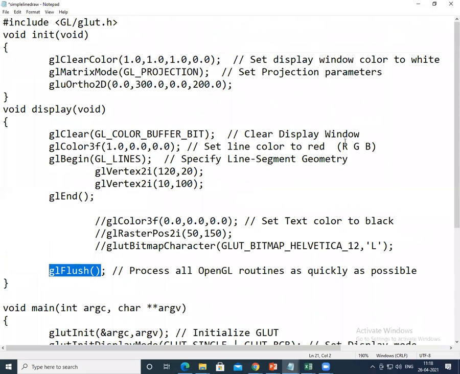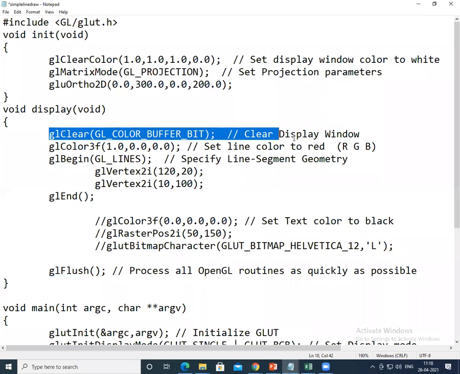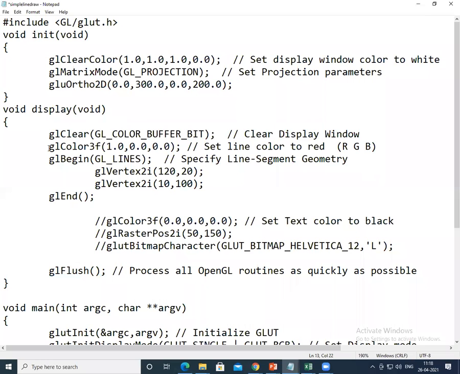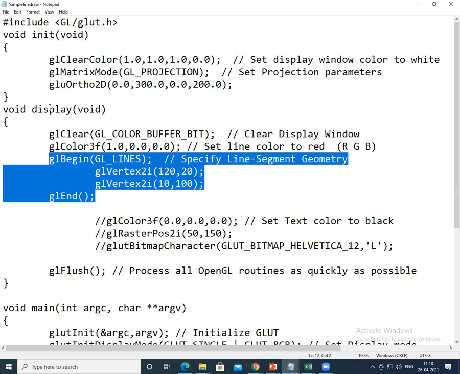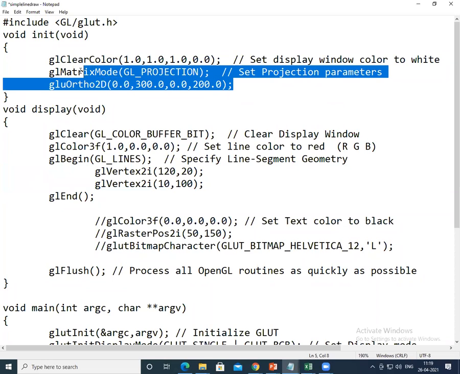You need to clear the display window immediately once you start the display function. Set the color. glBegin and glEnd always fall within the display function, and the init function consists of setting the display window, that is clear, which color the window has to use, and setting the projection parameters.